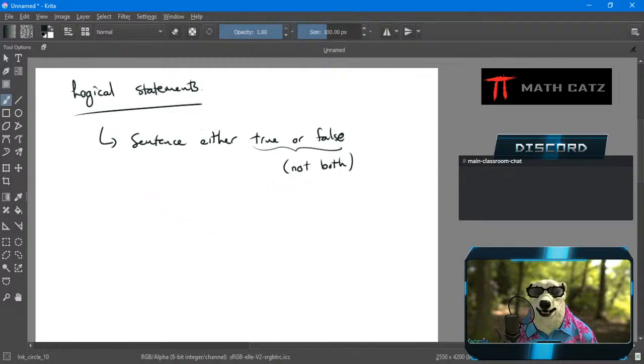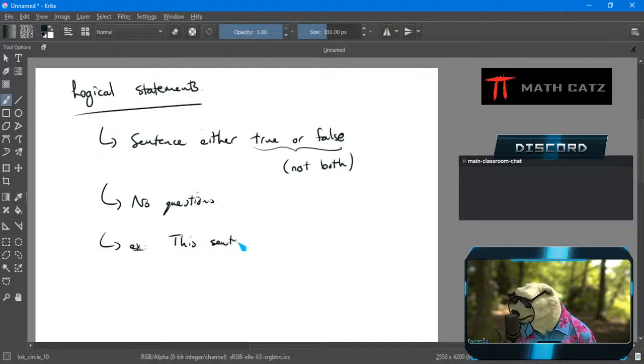Well, of course, you get basic sentences like questions and things like that that don't fall into this category. Those are sentences, but they do not have a true or false nature to them, so no statements there. If I think about the following example,